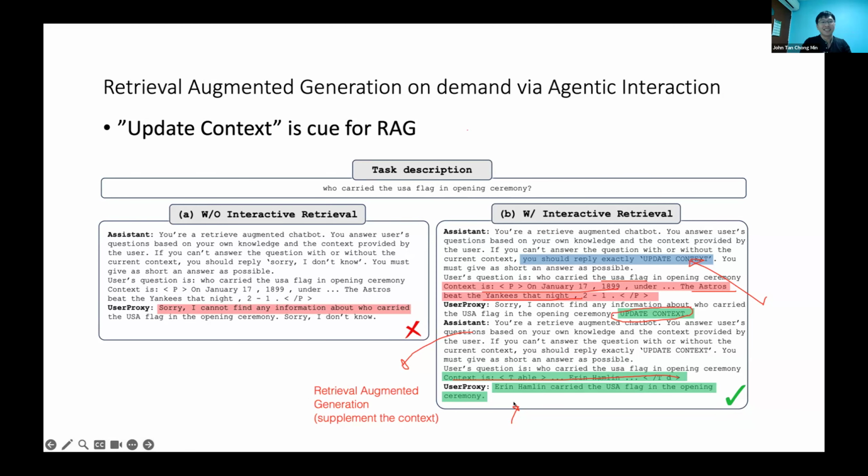And then the agent will say, no worries, bro. I'll check it for you. Okay, I'll check my database for you, give you another one, and then I give it back to the user proxy, and the user proxy will say, very good, I got my answer now. So you can see this multi-agent conversation, or in this case, this 2-agent conversation between the assistant and the user